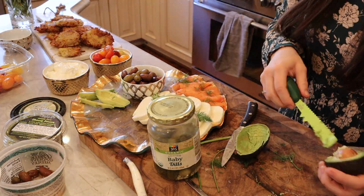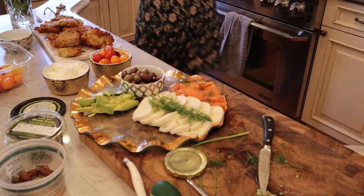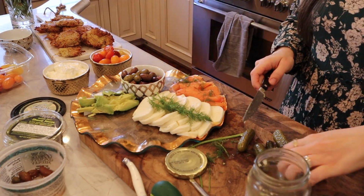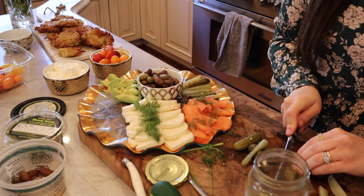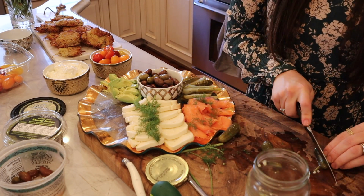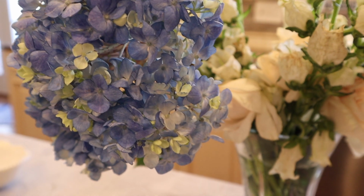And then again, I'm just going with color blocks here. I'm adding avocado, and next up is going to be some pickles. So again, the flavors just work well together, and they're things that my family really enjoys. And I'm just playing around with it and moving things around, seeing how it works here and there, and just really eyeing it. I've made a few of these down the years, so I really just enjoy trying it out